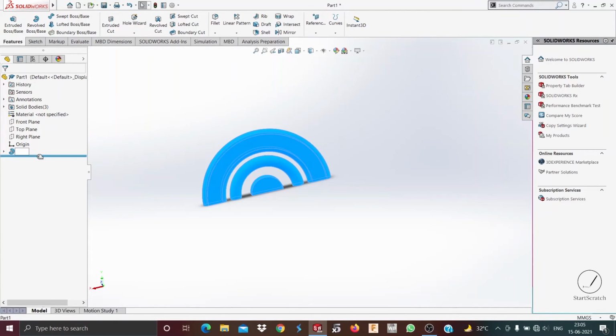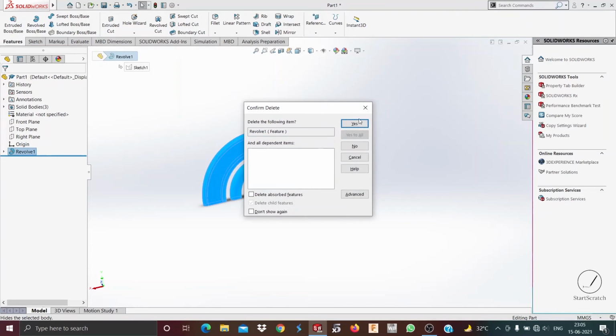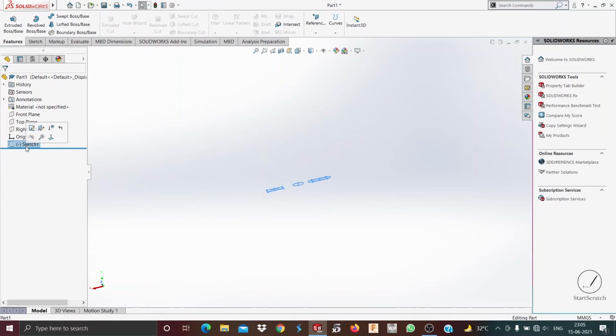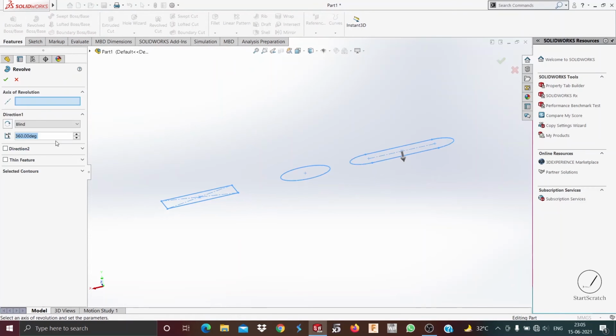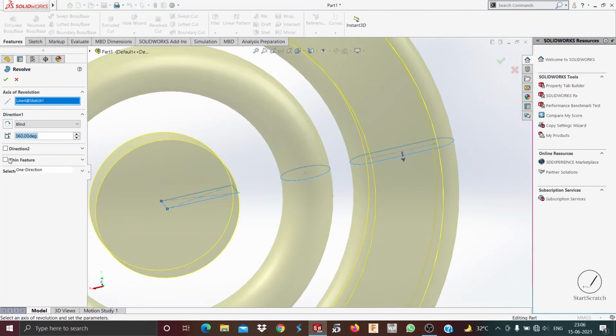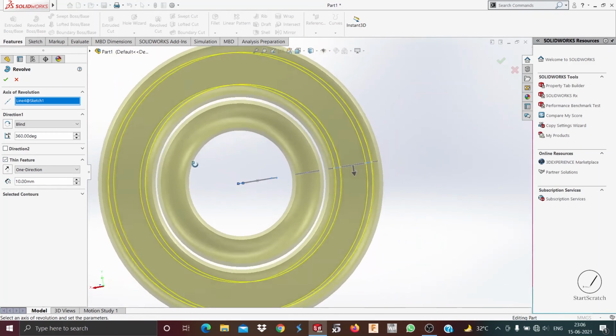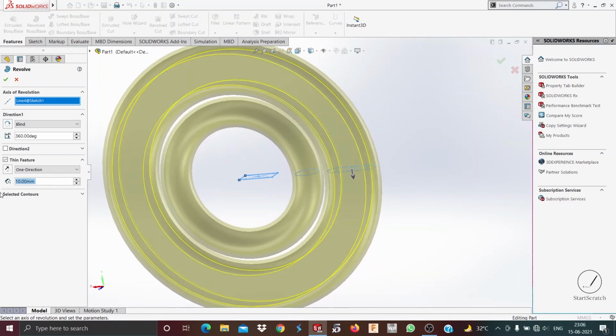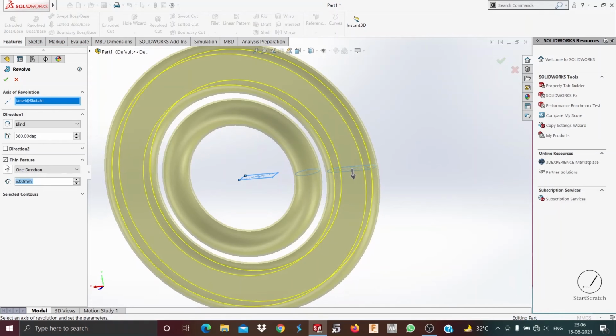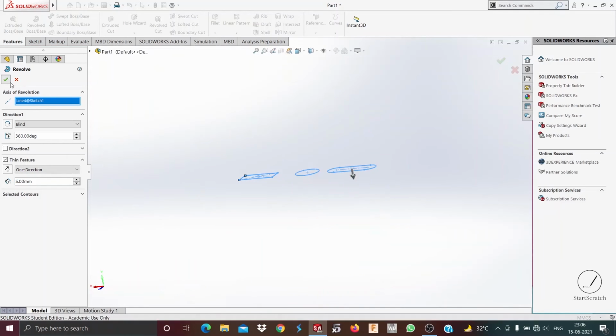We can also discuss the thin feature. Revolve. Select this. Revolve boss base. Axis of revolution. If I go to thin feature, I press OK.